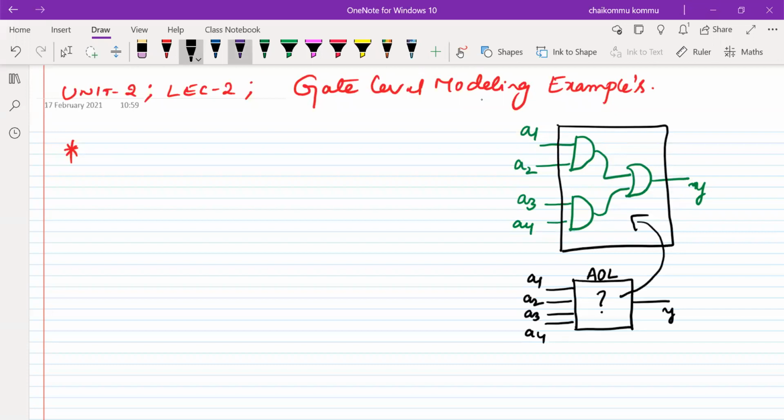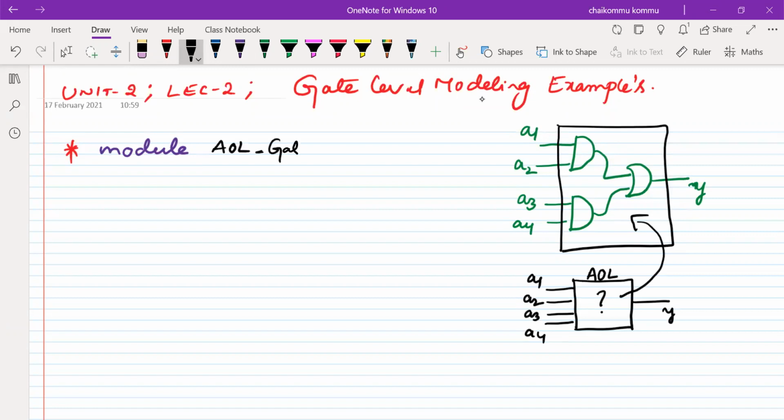Every black box we treat as a module from the Verilog point of view. Therefore I have to use the keyword module. Let us give it a name, for example AOI underscore gate modeling.